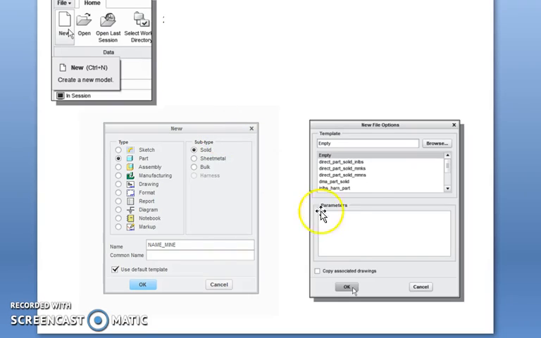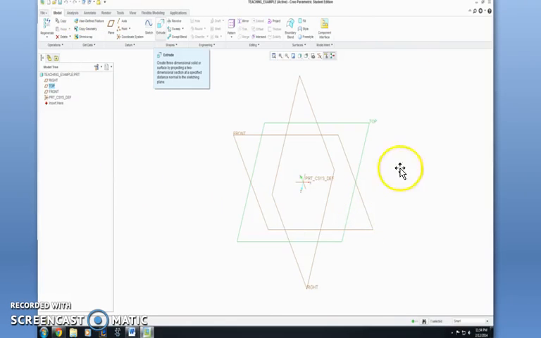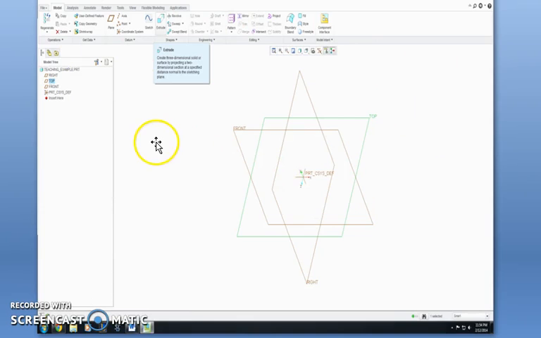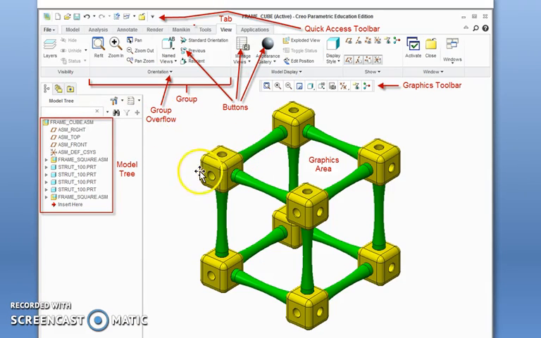Once this step is done, this window will pop up. So this is the general Creo Parametric window. In the next step we will see what is there. So this is the workable area. I have put a graphic here, the 3D model figure. This is a quick access toolbar. This is the model tree which shows all the features which we have drawn, all the assembly features and everything.